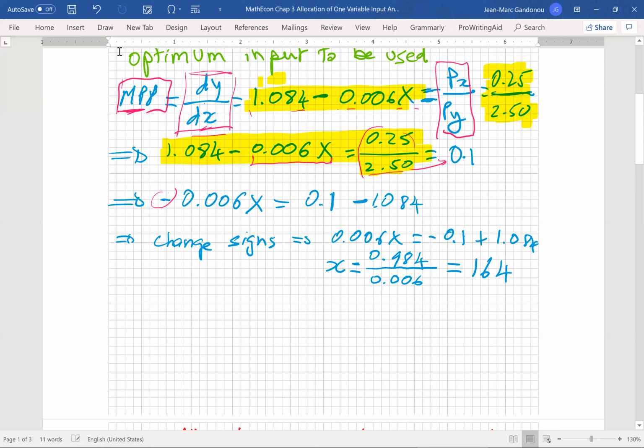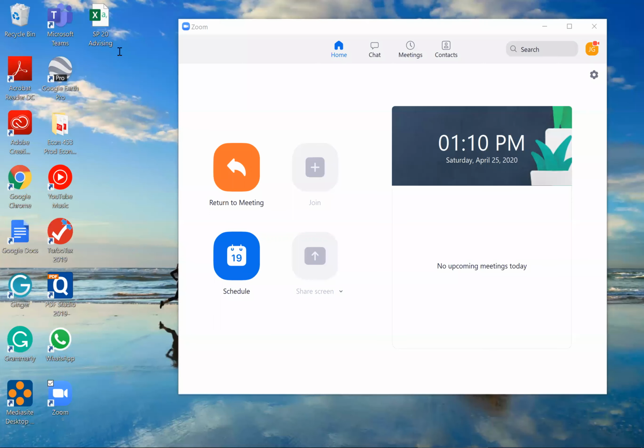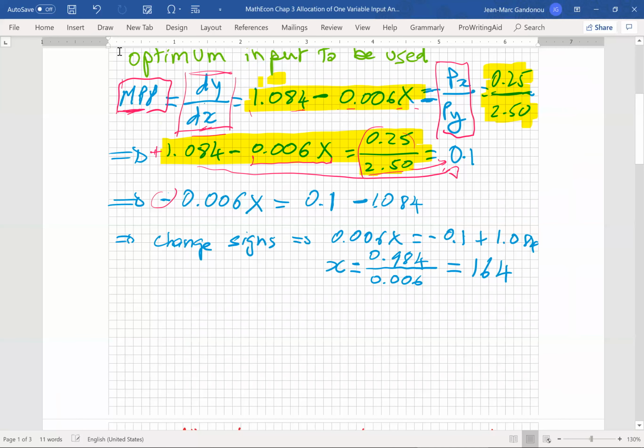So I pass this on the other side of the equation, okay? When I pass it on the other side of the equation, it becomes a negative because this is plus, and on the other side it becomes minus. That's how I have minus 1.084 here, okay? And then what I can do, to make it easier for me, which I did here,